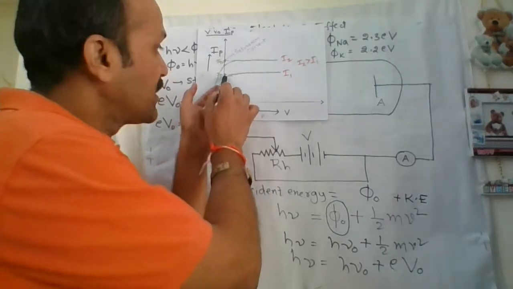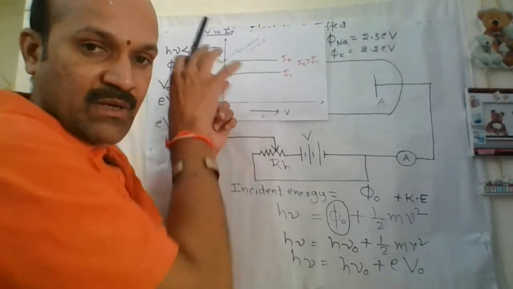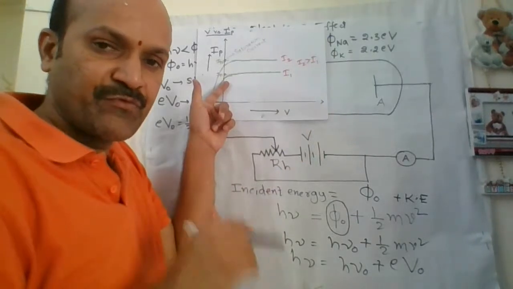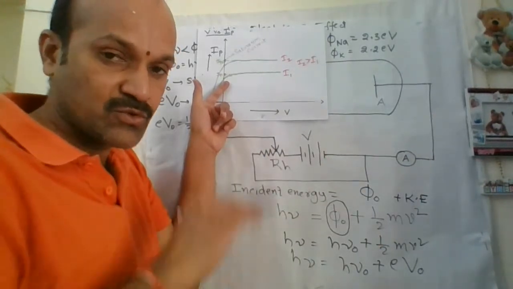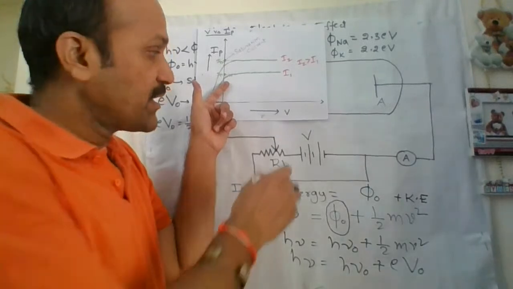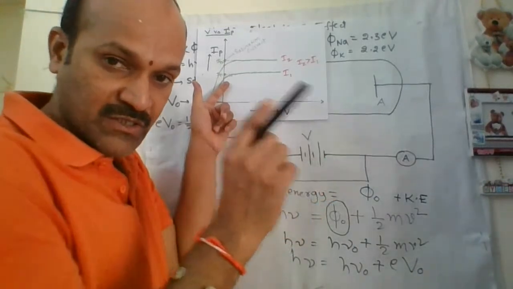If some number of electrons are emitted out, a few may reach the opposite electrode so that you can see current flow. If you increase the potential across these two terminals,